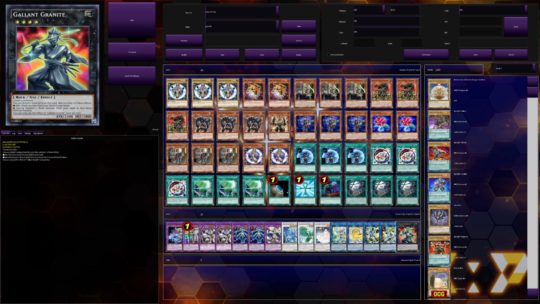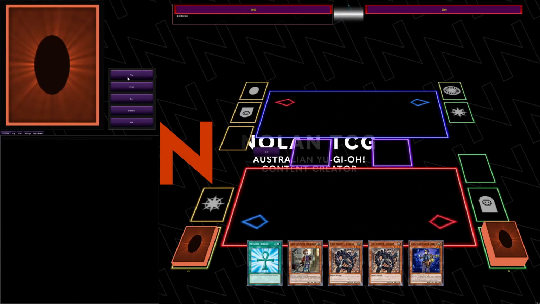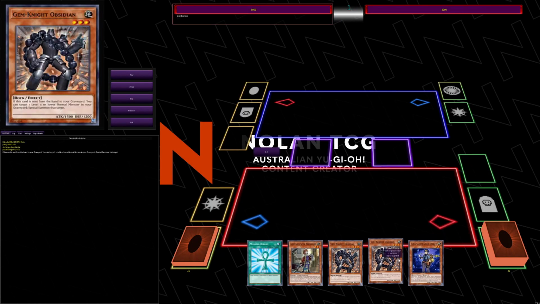And then we have last off one copy of Gallant Granite. It's rare that you're actually going to be using this, however it does get you a Researcher, and Researcher can help you extend. Okay, so first off here, we have a replay where we're going to FTK without Black Garden